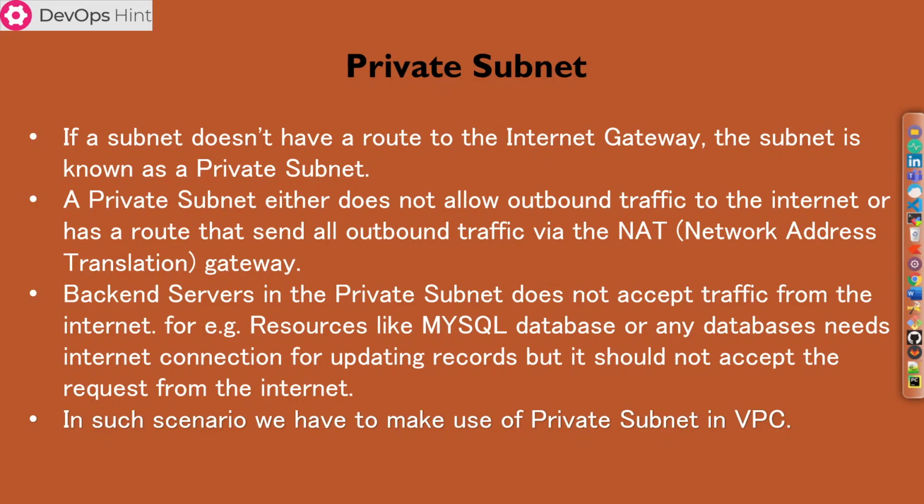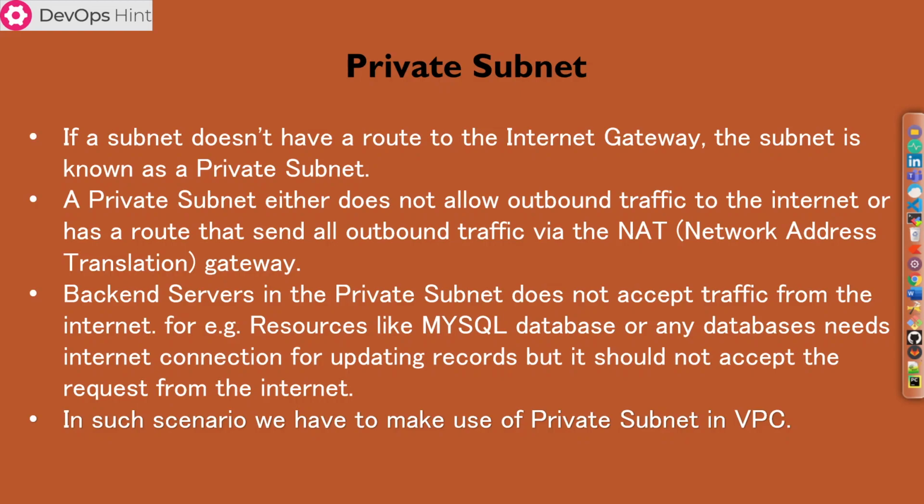So this can be one scenario, like if you're having your database servers or any servers which you want to keep secure, so you can keep them in the private subnet. If you don't want to provide any internet access for other guys to access your database server, you can easily keep it in the private subnet. So this is the one scenario. The second scenario can be like you have to update your database, or you have to do some patching or some OS level updation or any like this. So in this second scenario we have to add a NAT gateway.